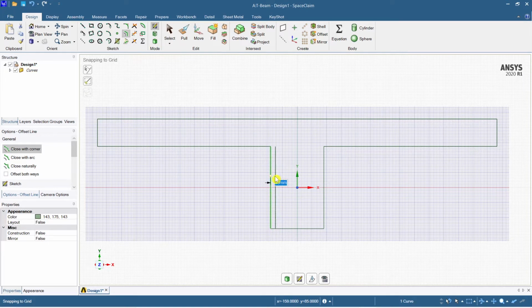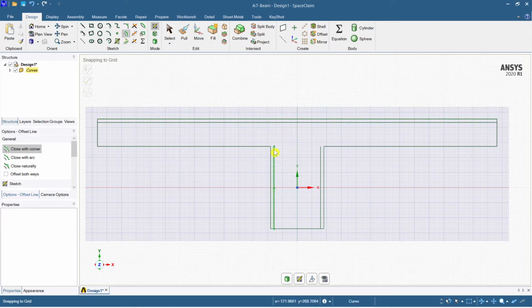I'm also doing this for the reinforcement. So this will be 25 mm. Just hit 25 here. Here also take 25 mm. Here also let's take this as 25 mm initially.